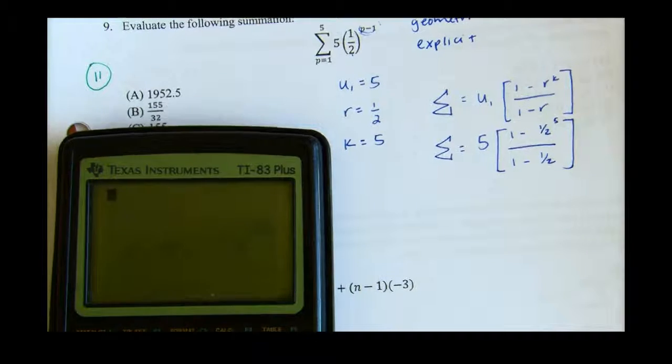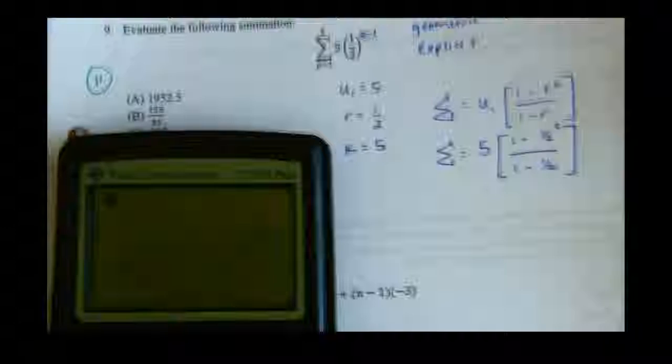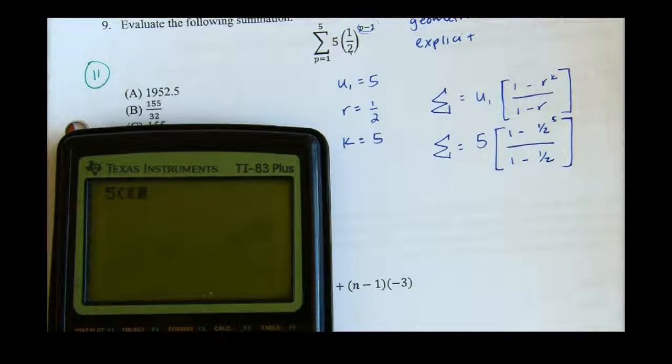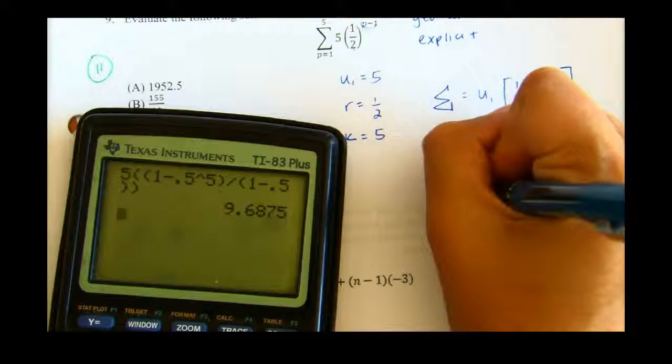When I grab my calculator to plug that in, I'll have 5, parentheses, 1 minus, I can change 1/2 into a decimal if I'd like, 0.5 to the 5th, close parentheses on my numerator, divided by, open parentheses, 1 minus 0.5, close parentheses, hit enter. I'll get that my sum is equal to